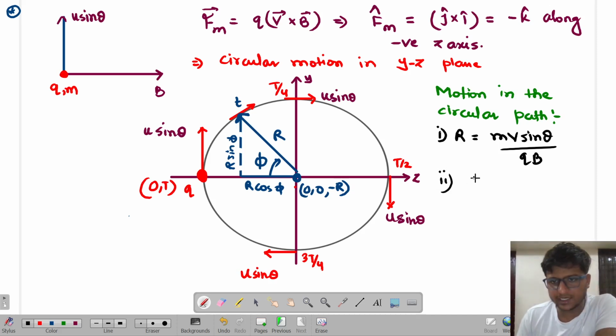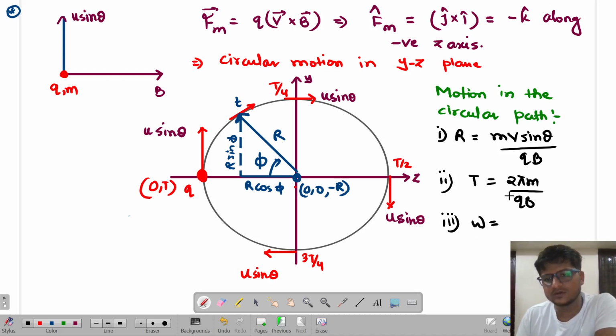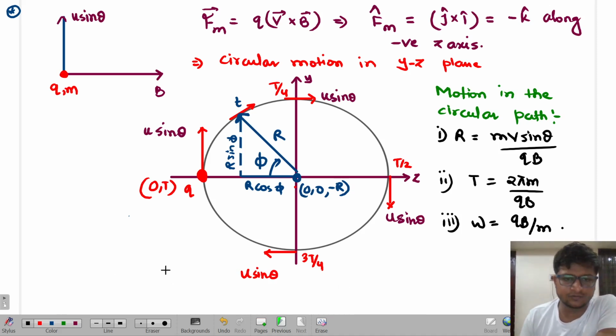Second, the time period is still the same, 2 pi m by qb, because the time period is independent of the velocity component. Now, the angular frequency of revolution is 1 by time period, which is 1 by frequency, which is qb by m. Are you able to get me or not? So therefore we can define